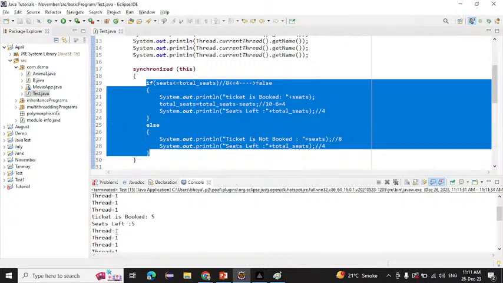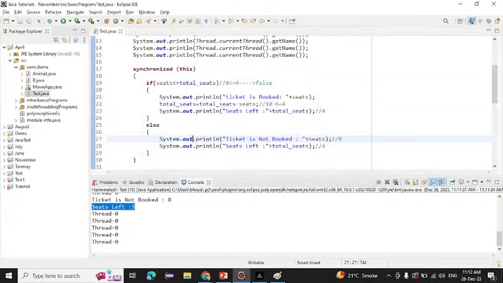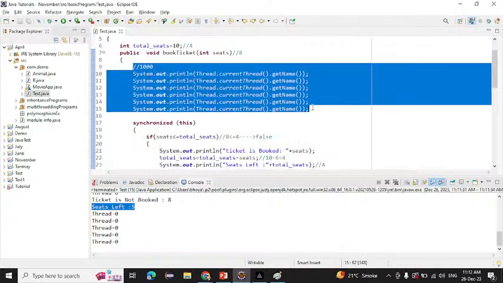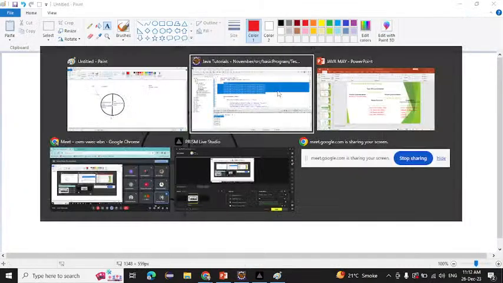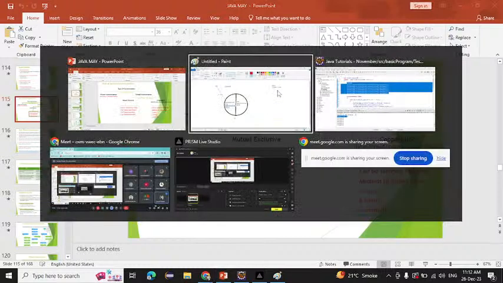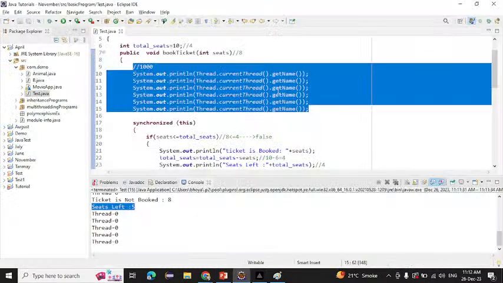See, here a ticket is booked, and 5 are left. After that, a ticket is not booked, because only 5 are left. We are getting the correct output every time. It means synchronization is applying here, but here we don't want synchronization, so we are not applying it here. If you want synchronization for a particular block, we simply use the synchronized block. And if you want synchronization for the whole method,